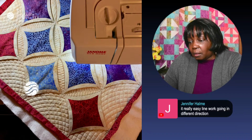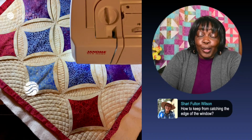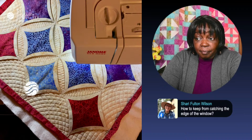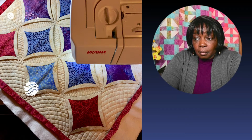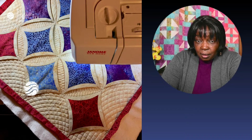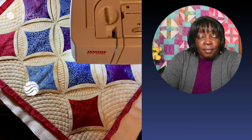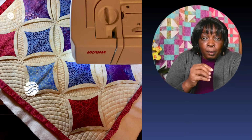How to keep from catching the edge of the cathedral window? Good question. You go very slow when you get that close, basically. And because you're doing, well, let me backtrack. Sherry, that's a good question. I did catch the cathedral window a couple of times because I got overconfident. And I learned that I needed to slow my pace as I got to the edge of the window. It would be similar to stitching around like applique. Anytime there's an area in our quilt project that we don't want to stitch over, but we have to come close to,